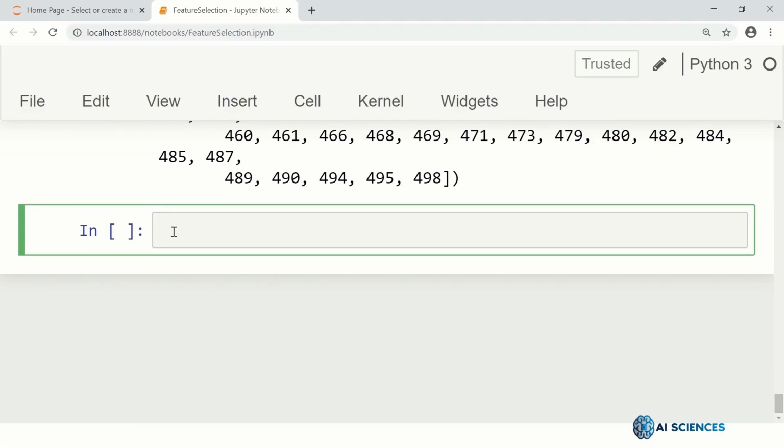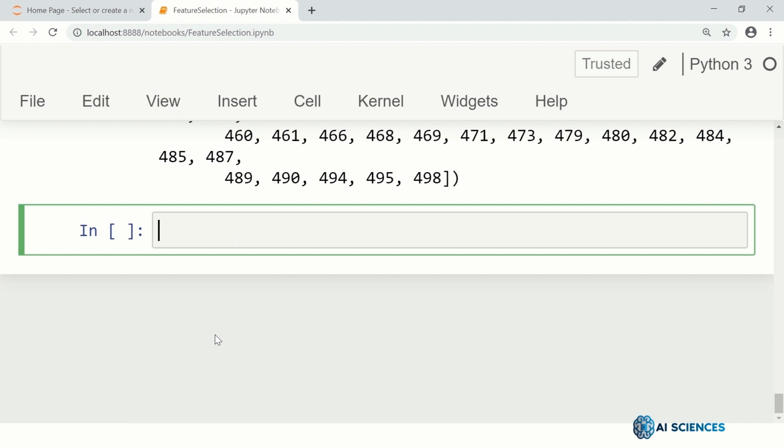Last but not the least, I should also mention the embedded method, which means we use the training just once, and we just select our features based on different weights and stuff like that. So for embedded methods, sklearn or scikit-learn provides us a model called SelectFromModel, which selects features based on feature values. So from sklearn,